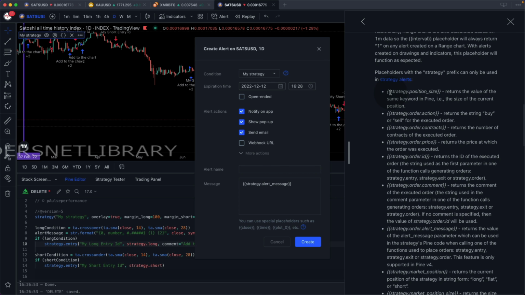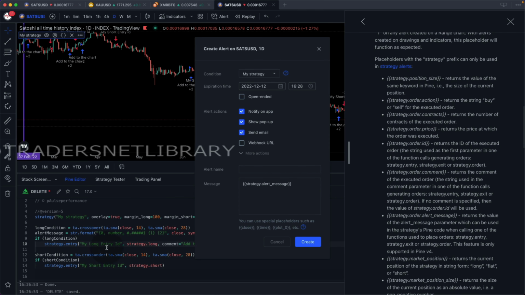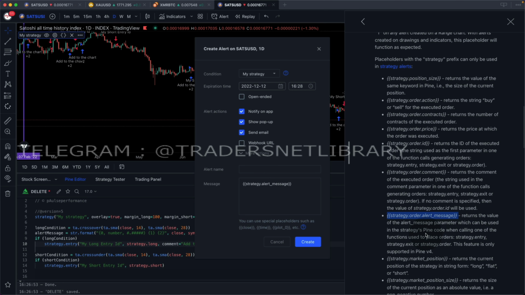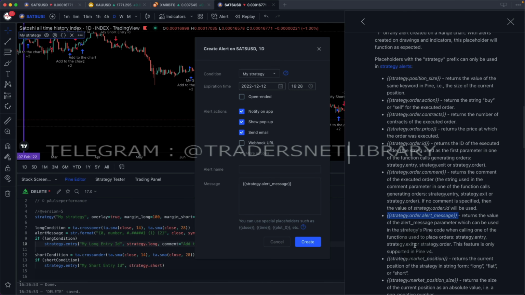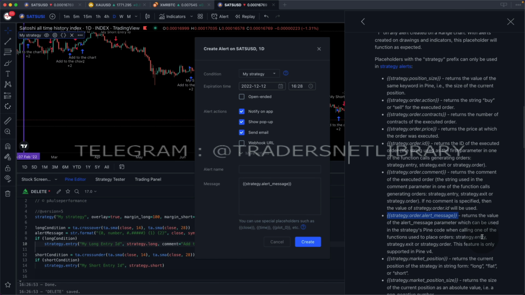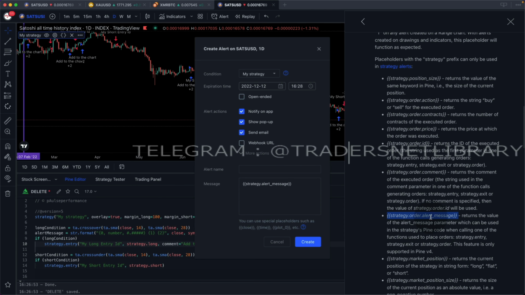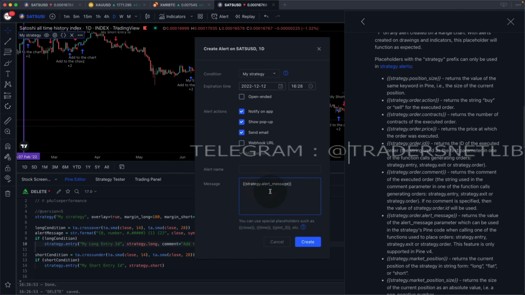I believe I had that right. So, of course, you have all these other options here, but you don't need to use these now because you can put them all inside a variable for everything you use. You can use it for your entry, your exit, your limit orders. So yeah, here. So you just put this, returns the value of the alert message parameter, which can be used in the strategy's Pine code when calling one of the functions used to place orders: strategy entry, strategy exit, or strategy order. So you just put that here, strategy dot order,